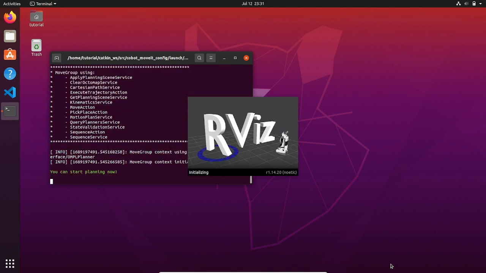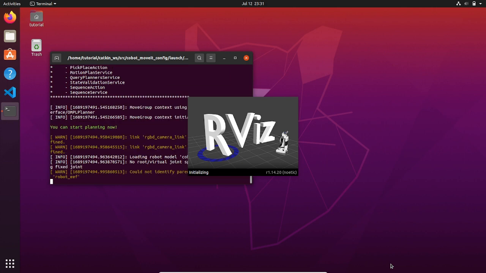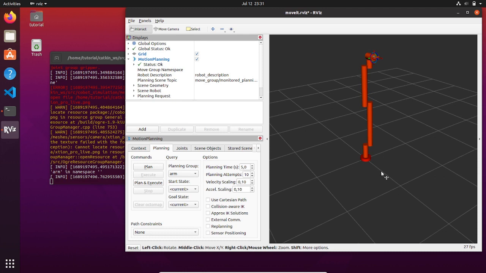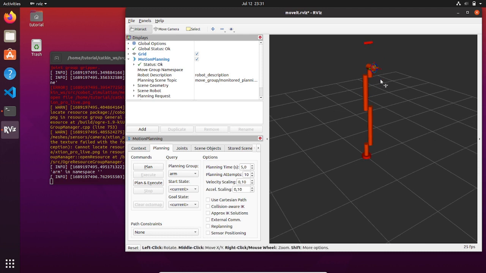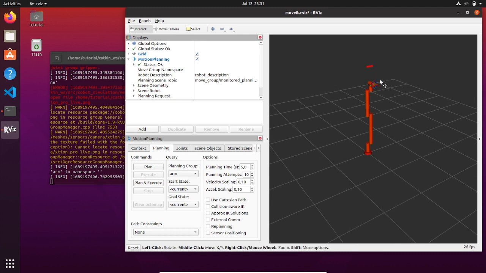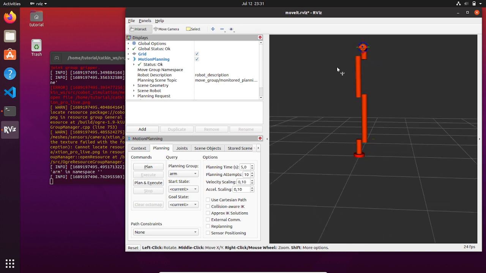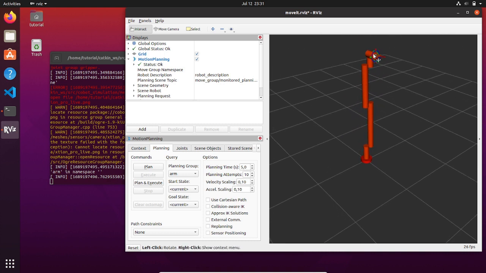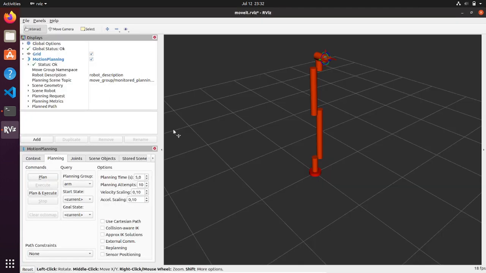This is a demo launch file that is automatically generated from the configuration, and here we go. You can see here we have our TCP that we can control very easily with these translation and rotation features,